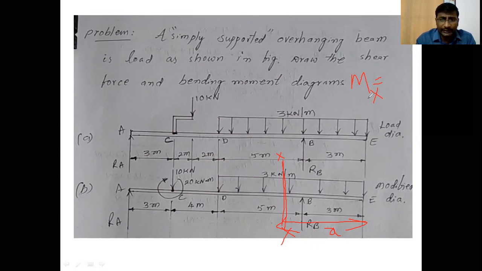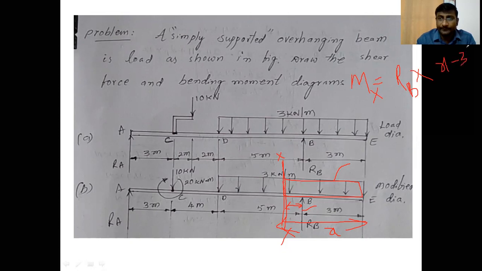Let us take the XX section between D and B, Mx, the bending moment at XX. Bending moment at XX means all the moments must be considered on the right side of that section. So loads are there, the UDL is there, and RB is there on the right side. RB acts in the upward direction, which develops an anti-clockwise couple about XX. Therefore, it is positive. The distance is the total x minus 3, which gives the distance between RB and XX.